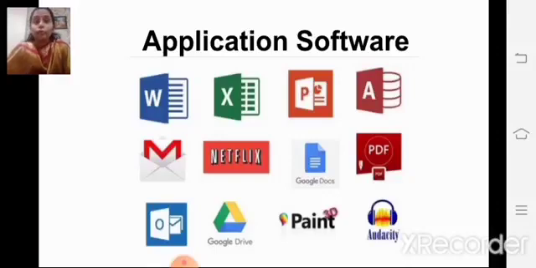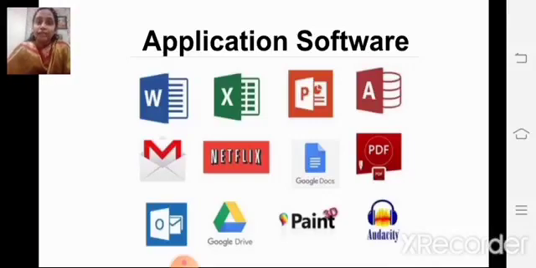To write a document or letter, which software do we use? MS Word. To send a mail, which do we use? Mail software, Gmail. To make a data file or a timetable, which software will we use? We will use Excel. So these are used for a specific purpose only.